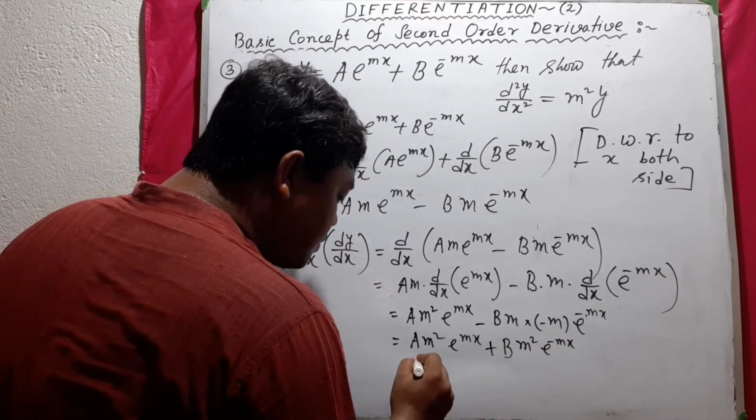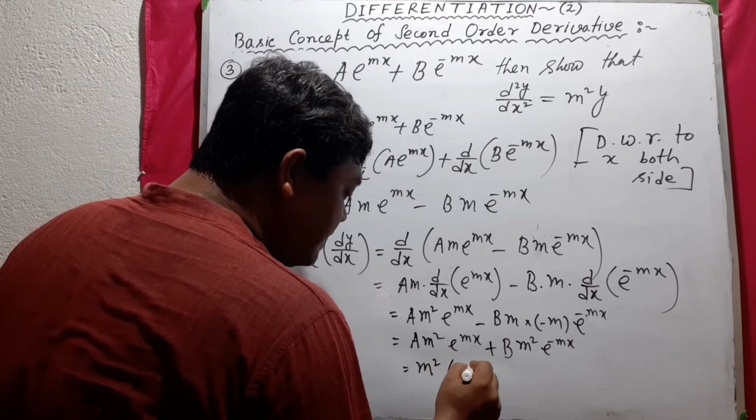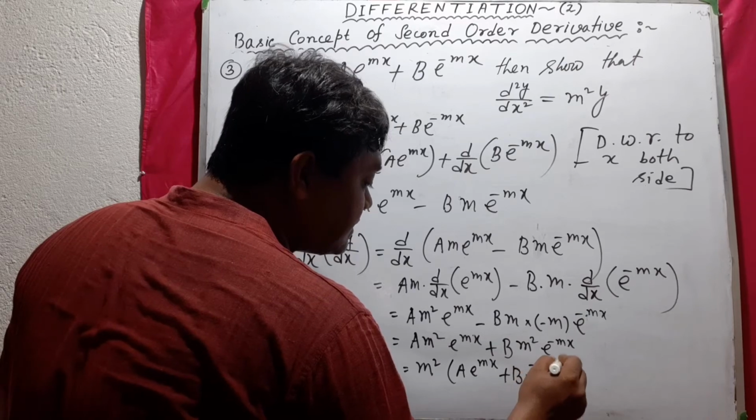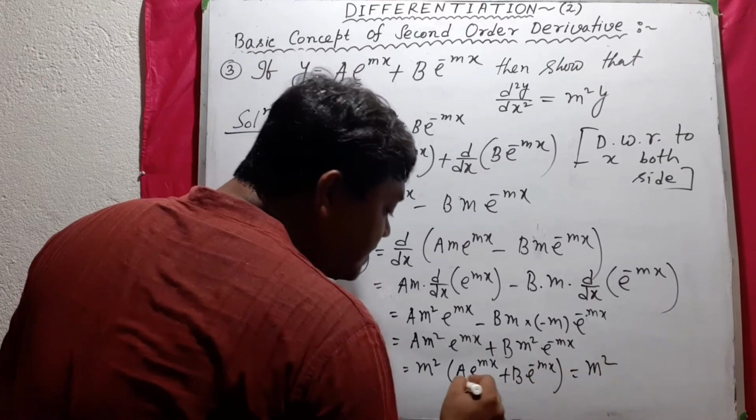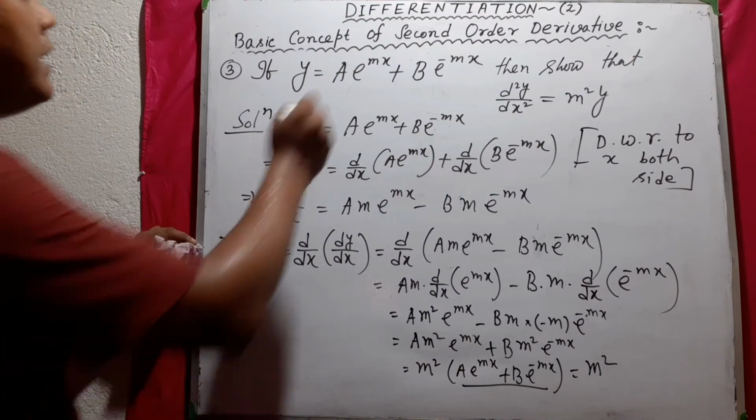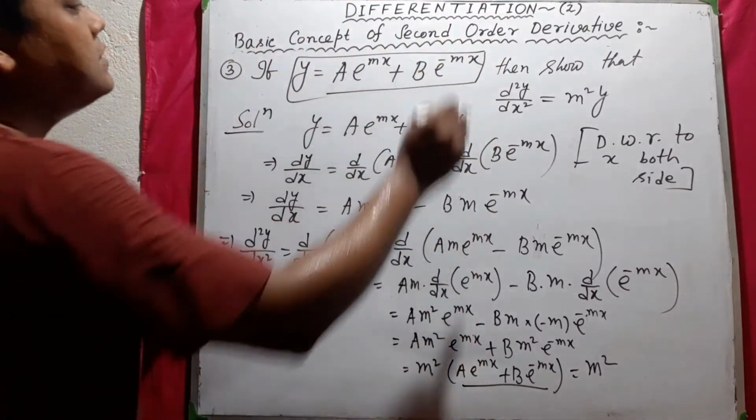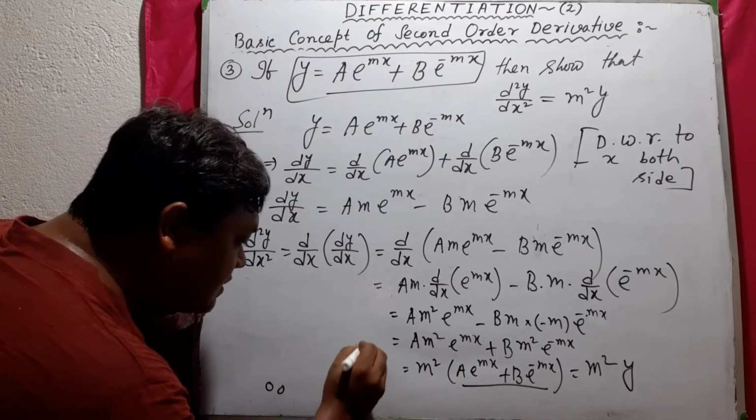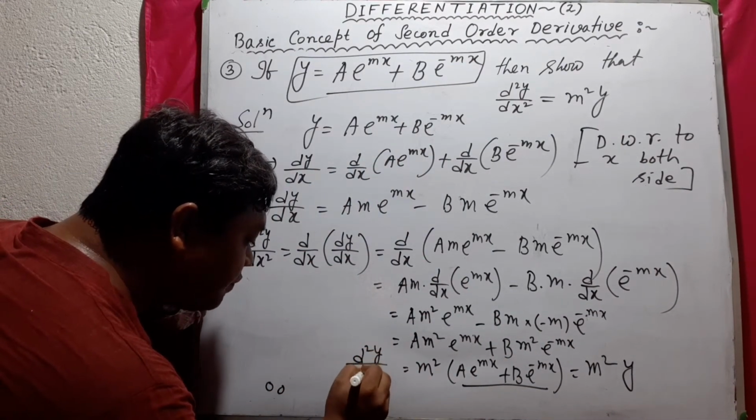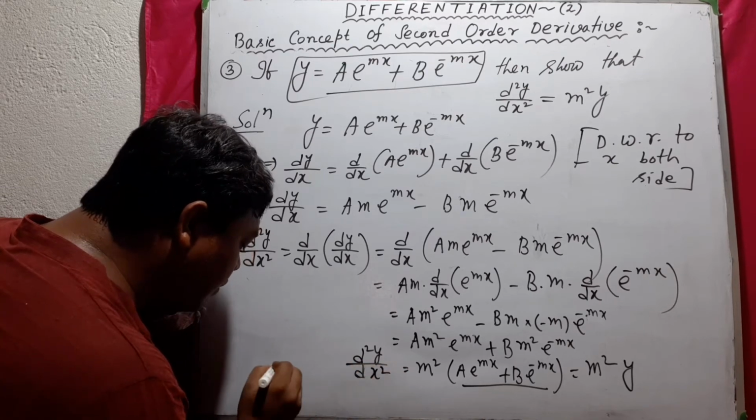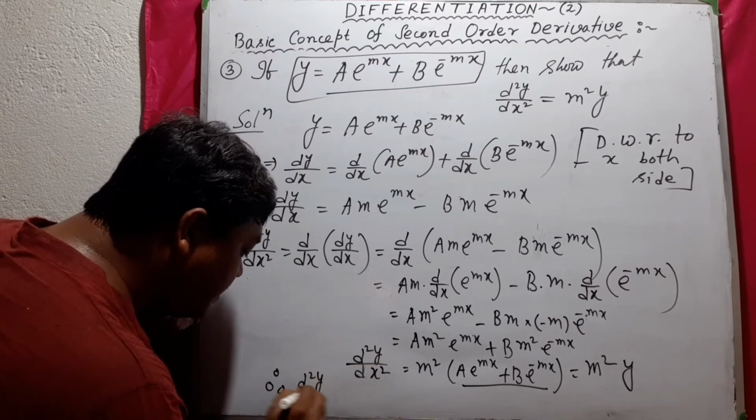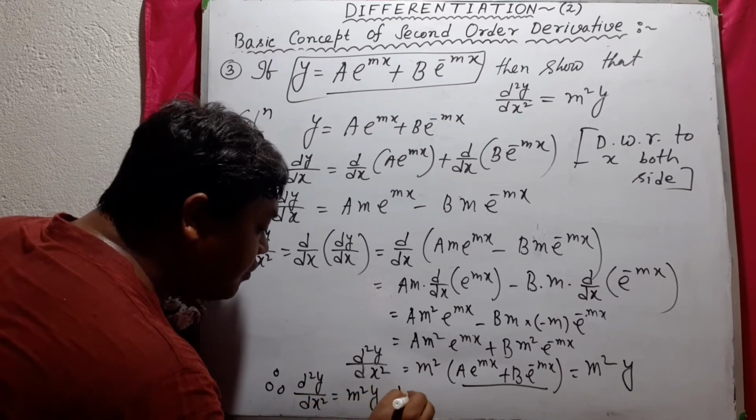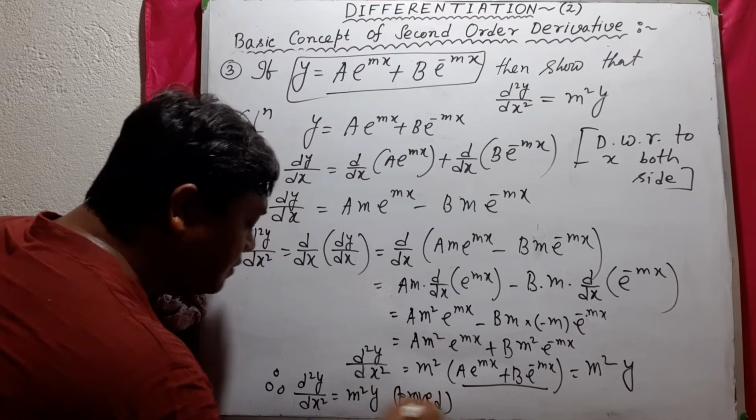So m square common, we mean a e to the power mx plus b e to the power minus mx, and m square, what is this? This is y. You see that? This is y. So m square y. So therefore this is d2y/dx2. So therefore d2y/dx2 equals m square y, proved. আমাদের এটাকেই প্রমাণ করতে দিয়েছে।